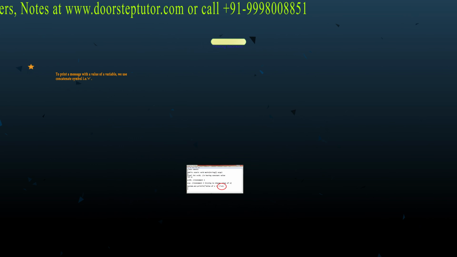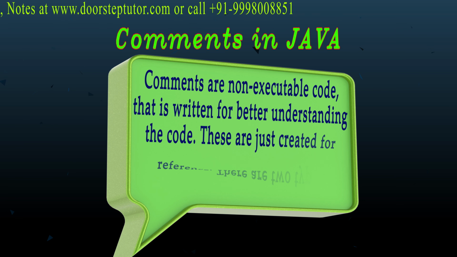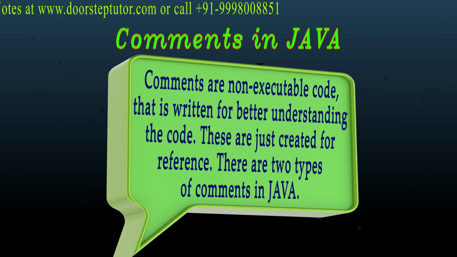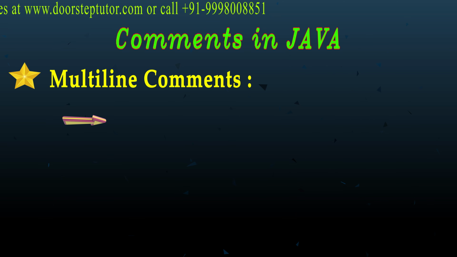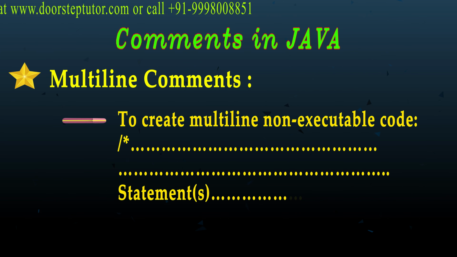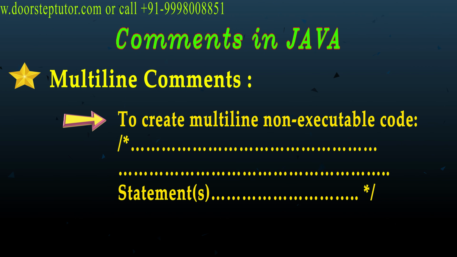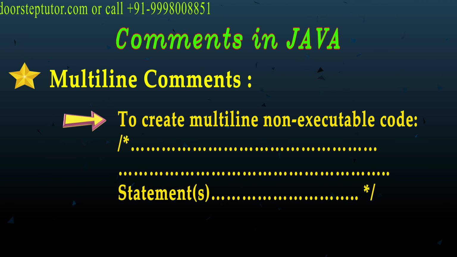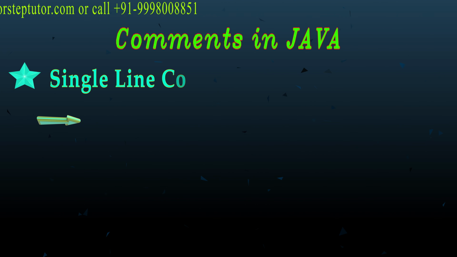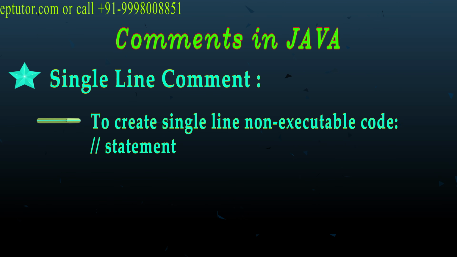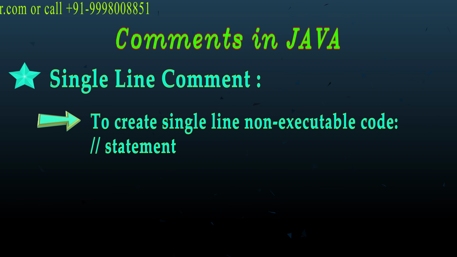So next we are having how to provide comments in a Java program. In order to give a multiple line comment, we need to start it with a slash, then an asterisk sign. Then we can provide the multiple line statements, then the closing. For a single line comment, we just need to provide the double slashes. It will work. So comments basically are given to understand and interpret the whole program. Comments are really important to make good programming.